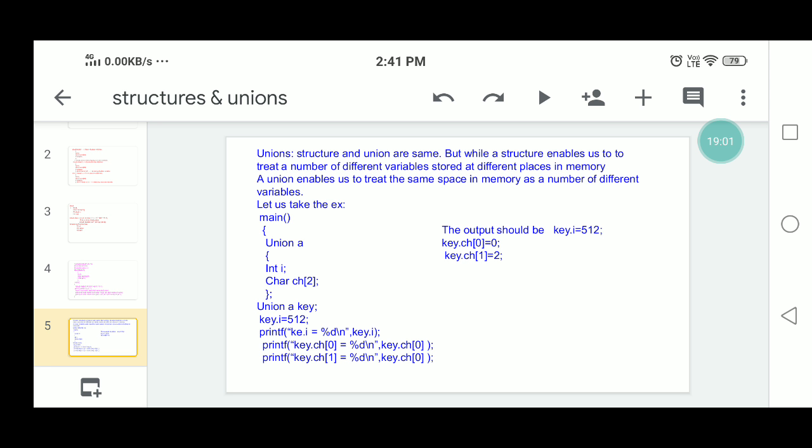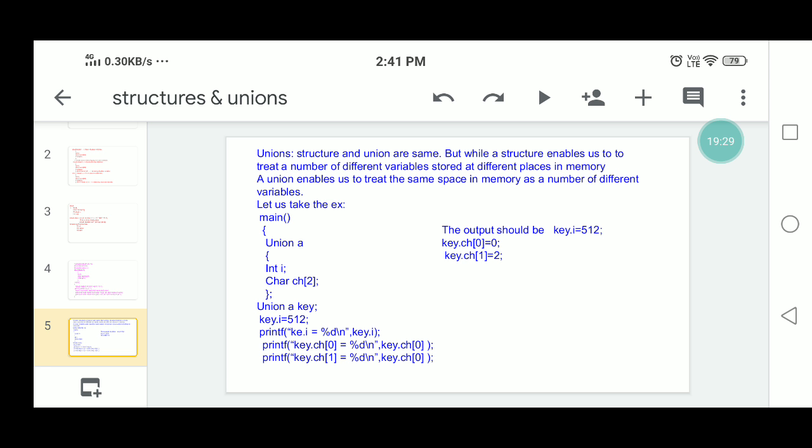Each element in a union is called a data member. Union allocates one common storage space for all its data members. This is the major difference between structure and union. We can access only one member of a union at a time because union allocates one common storage space for all its data members.